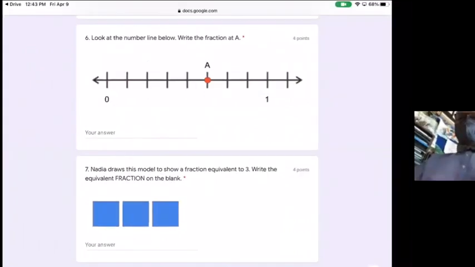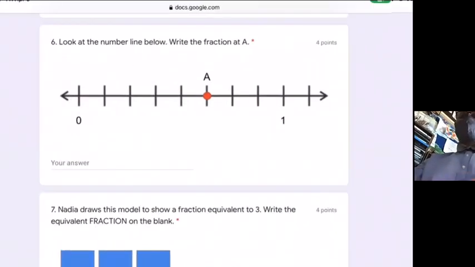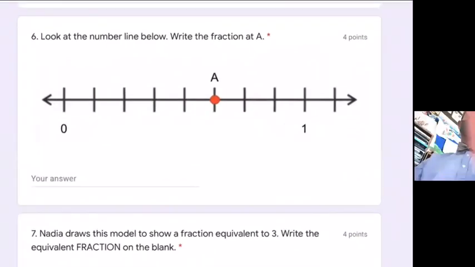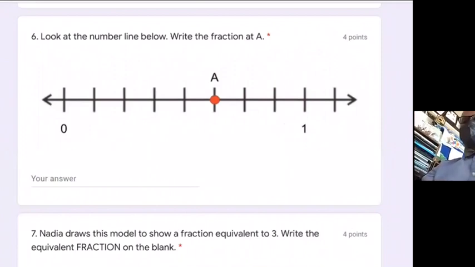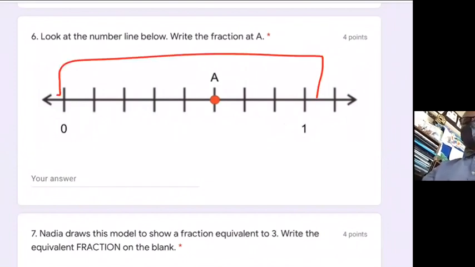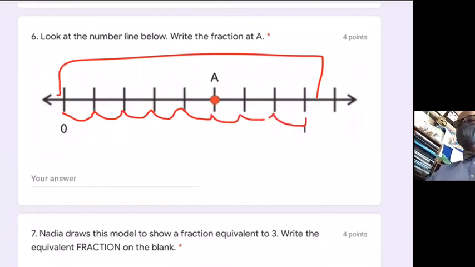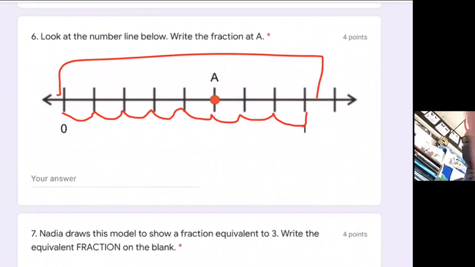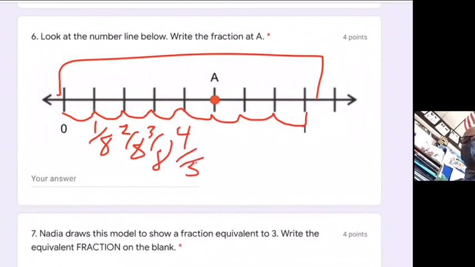Below, write the fraction at A. Okay, the person whose test I graded, whoever that was, did a great job because she counted how many sections there were in this whole, and there were 1, 2, 3, 4, 5, 6, 7, 8 in that whole. Then she actually labeled them all. She put 1/8, 2/8, 3/8, 4/8,